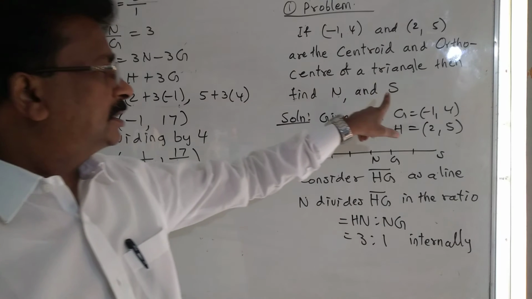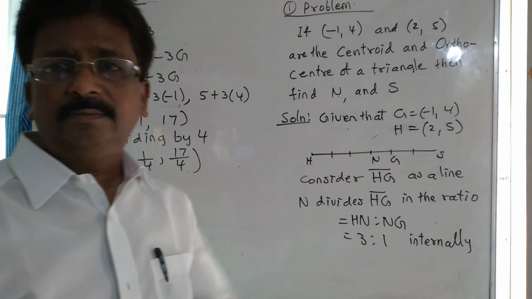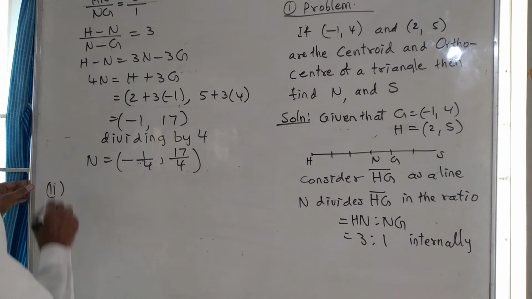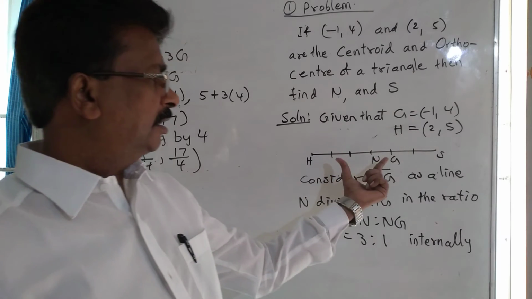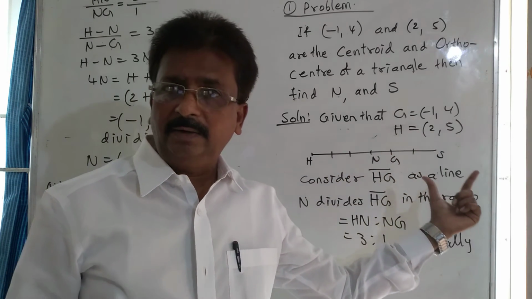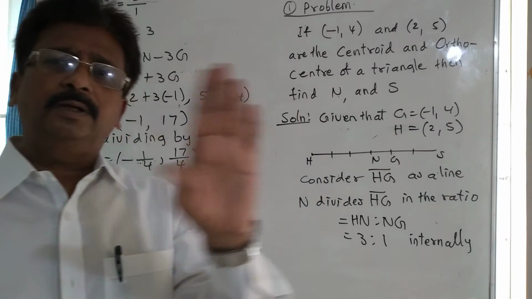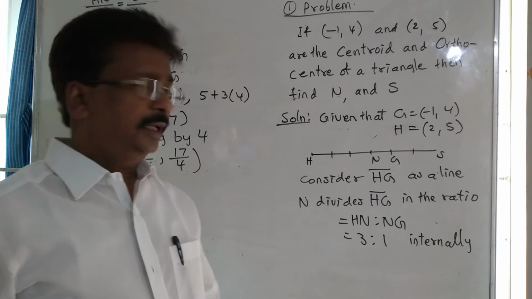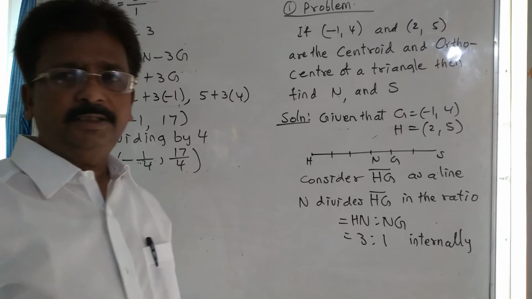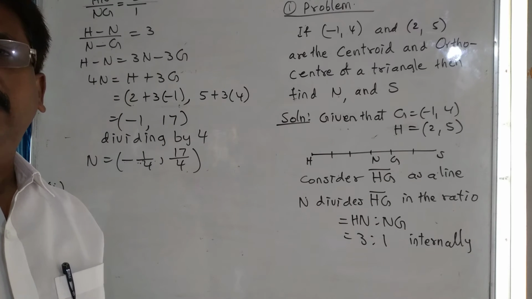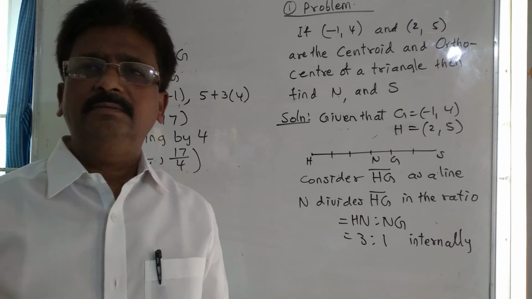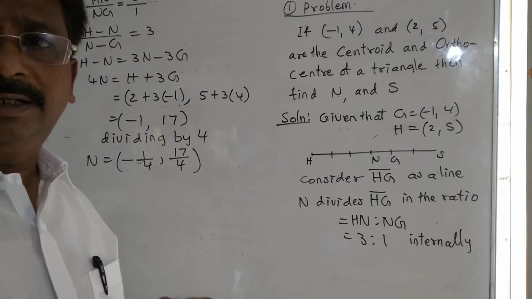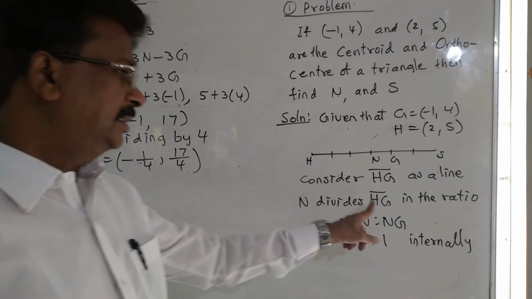Okay, what point next? Yes, the circumcenter we have to find. The Euler's line we have drawn first is enough. No need to draw again. The line segment, what is the line segment? HG. So we have to start from the ratio at which S divides. So I will write the ratio at which S divides the line segment HG.